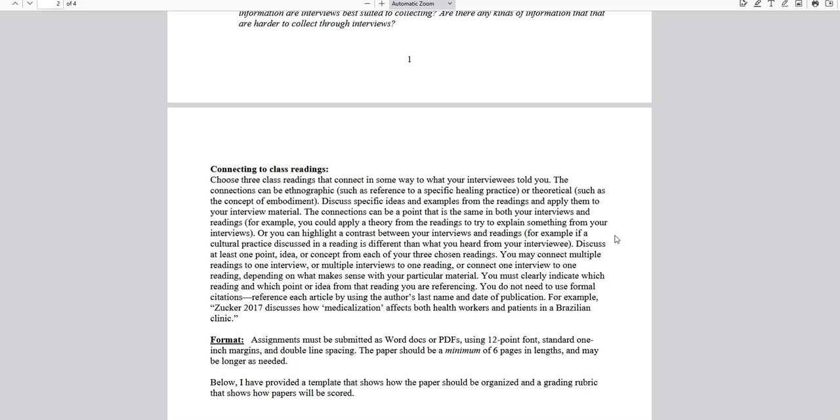So in other words, you can find a common topic between the interview and the reading, or you can find a more theoretical connection, right? Like something in the reading that is not on the same topic, but it's a theory that you could apply to your own interviews. Okay, so